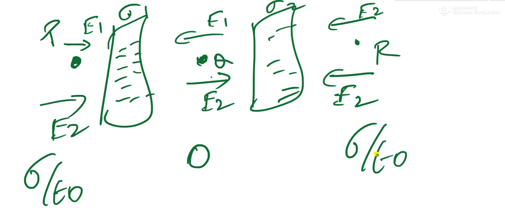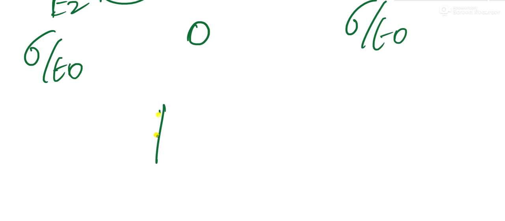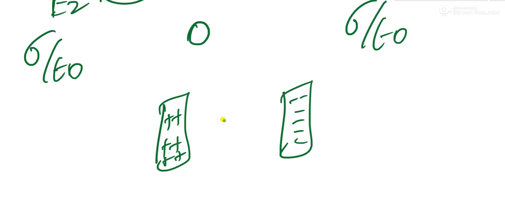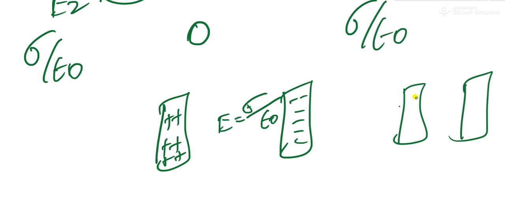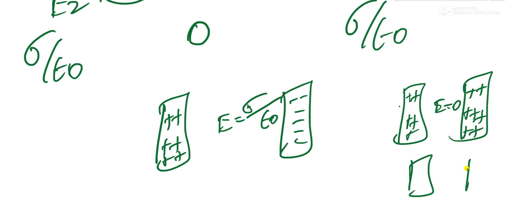The conclusion of this parallel plate: when one plate is positive and one is negative, the center will have the maximum electric field, sigma divided by epsilon naught. When both plates are positive, the center will be 0. Both plates negative also, the center will be 0. So, from the conclusion, when the plates are equal and opposite, the electric field will be strongest at the center. When both plates have the same poles, the center will be 0.